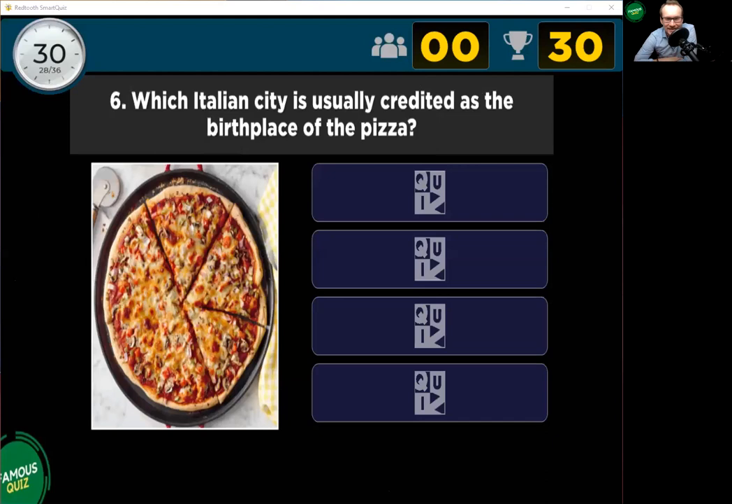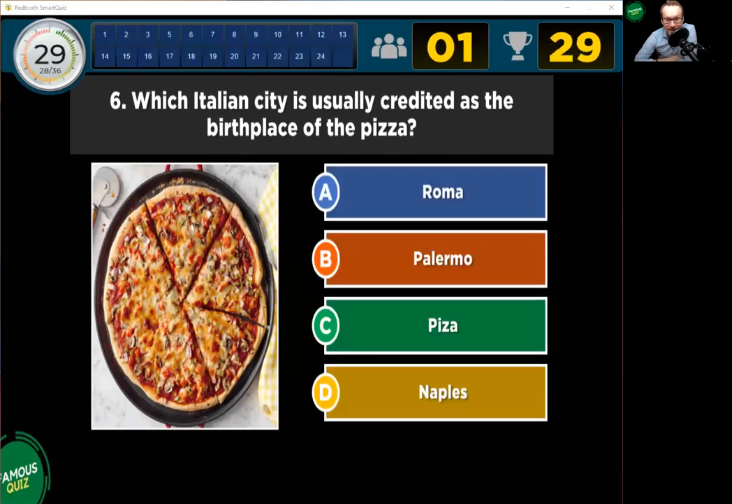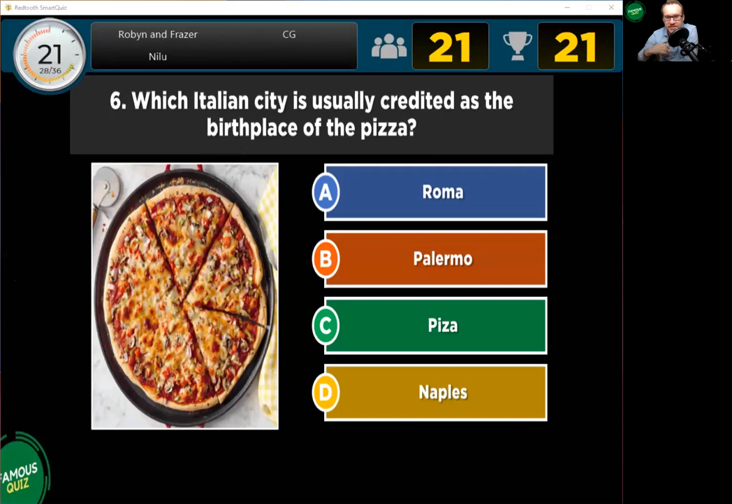Which Italian city is usually credited as the birthplace of pizza? Roma, Palermo, Pisa, or Naples? Obviously, you know what Pisa is. Pisa is the city where the Leaning Tower is. So,